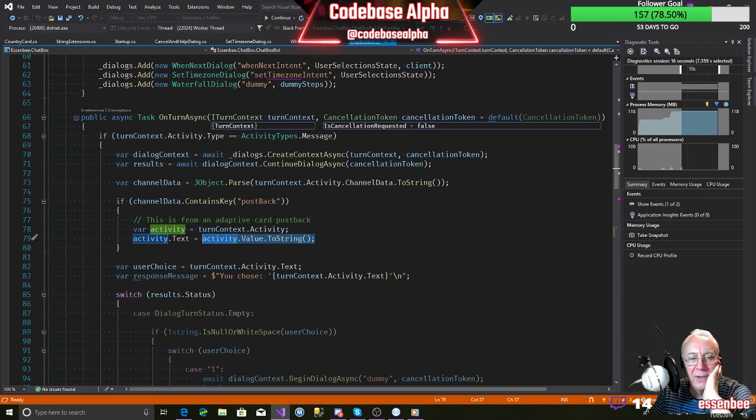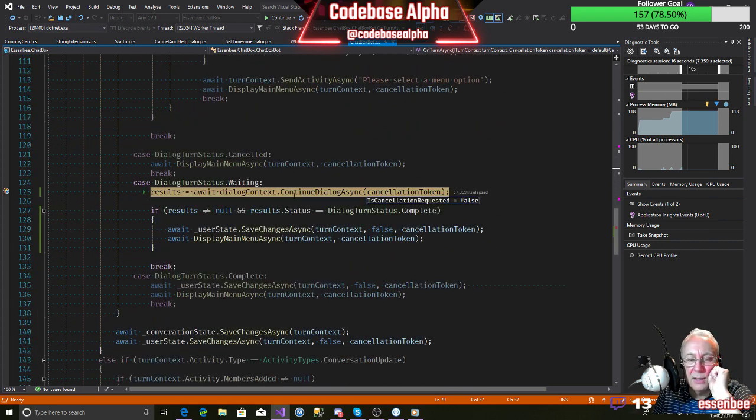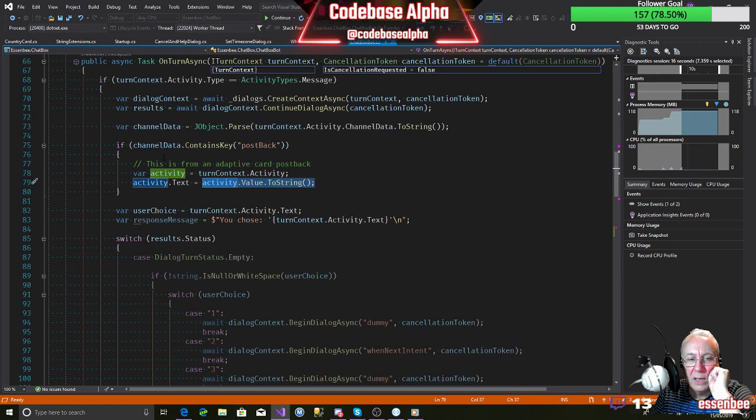We've forced it round to the top, and it says, "Oh, I've got a postback now because someone just hit a submit." But before, we didn't get a postback. It went through, we continued, and that text was still in the activity.txt.